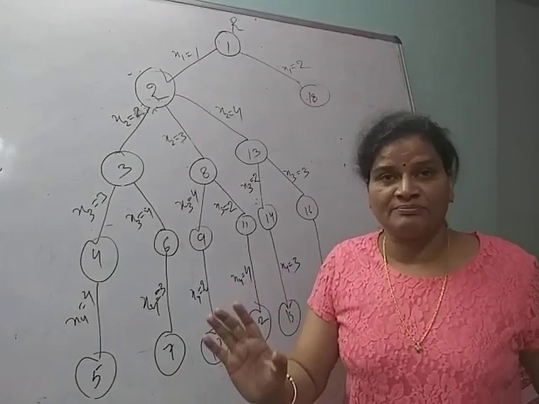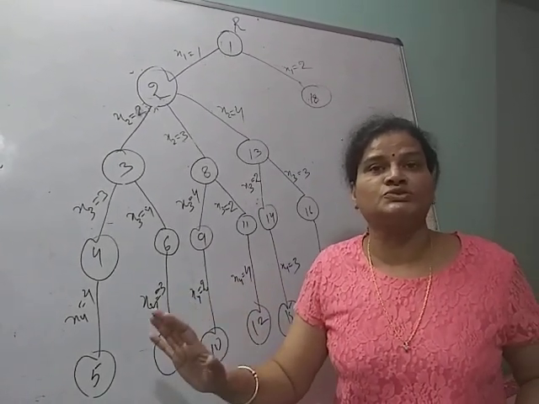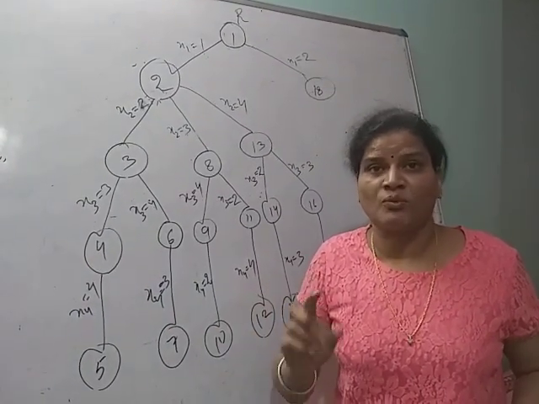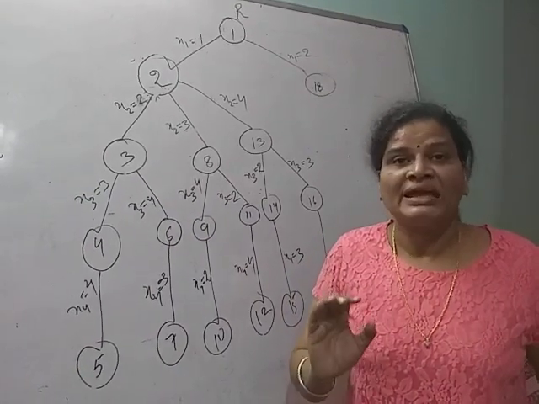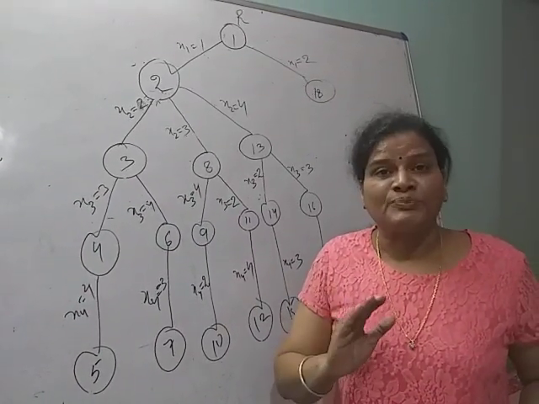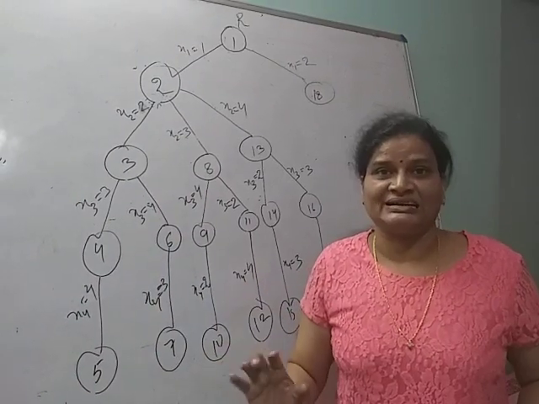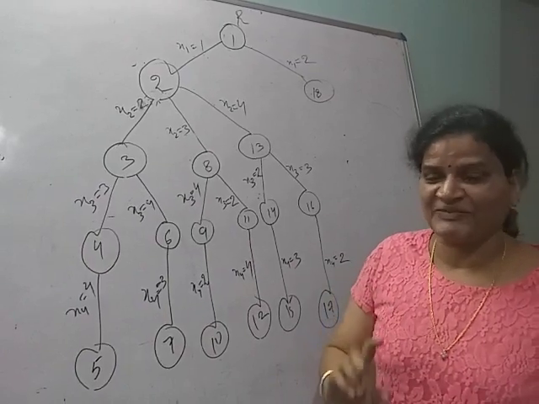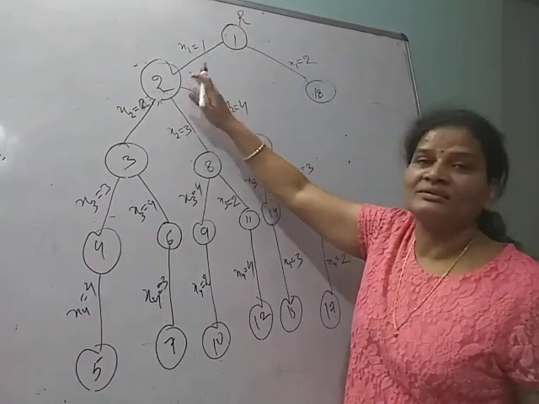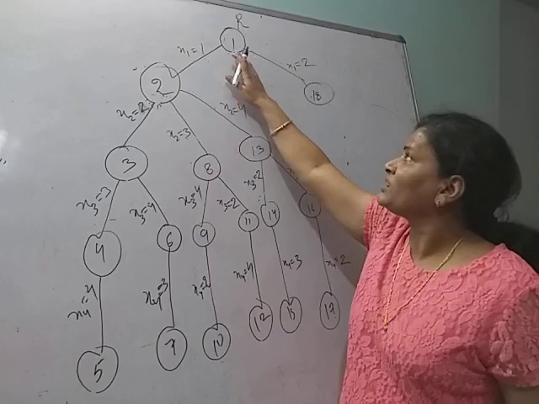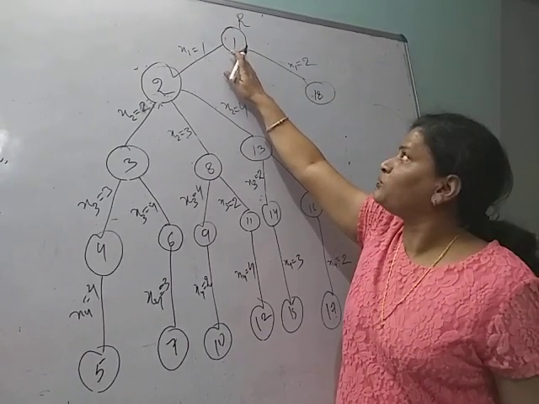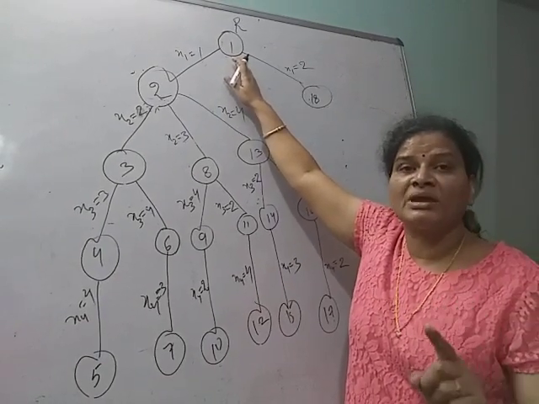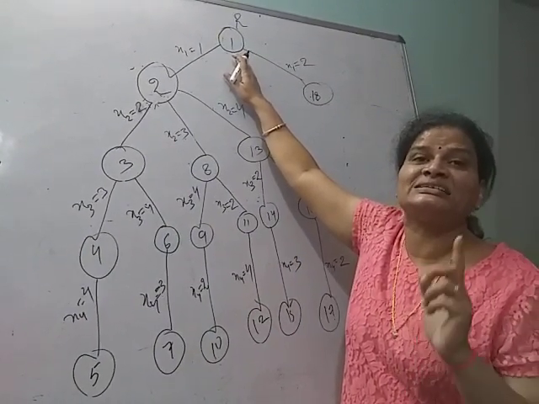First, branch and bound, as I told, is used to solve only optimization problems, and in optimization also only minimization problems. Here also the problem states are generated, but the problem state generation is different. The branch and bound technique tells that as soon as a live node becomes an E node, this E node remains E node until it is dead.